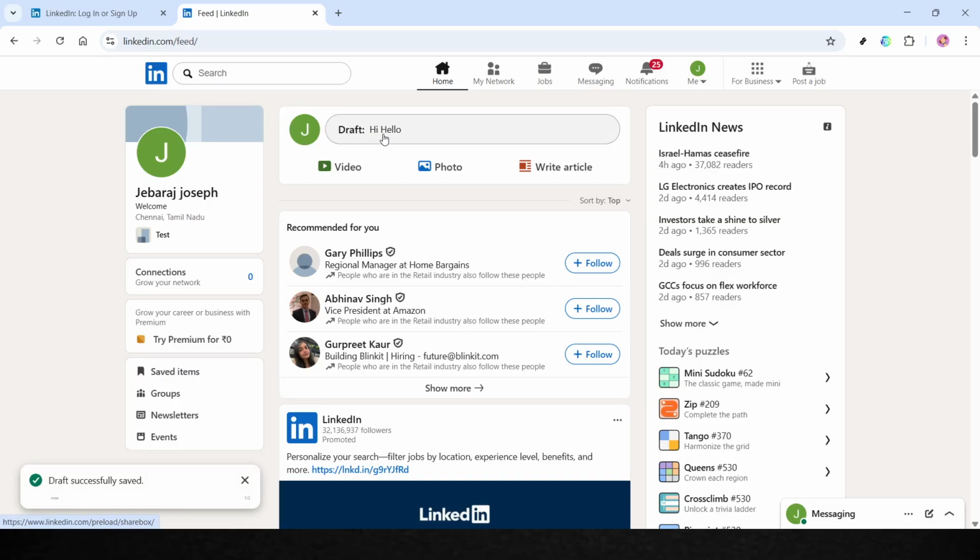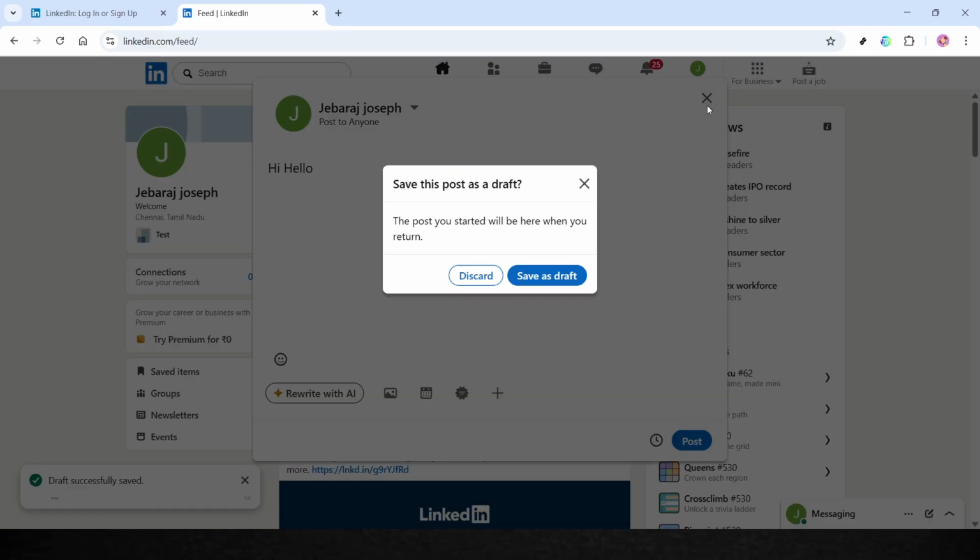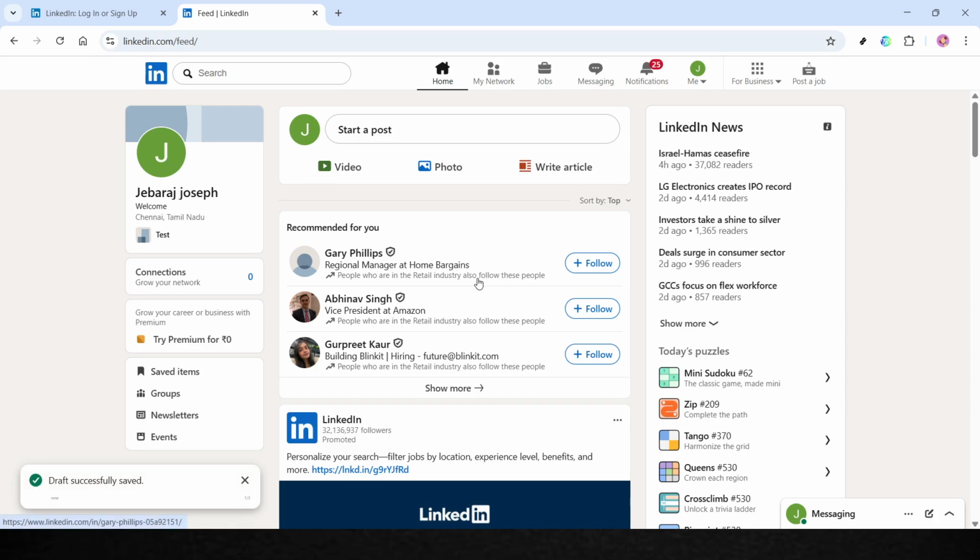And what if, after reviewing your drafts, you find one that's no longer needed or relevant? LinkedIn provides a simple solution for that as well. You can easily delete an unwanted draft by tapping on Delete Draft or Discard, and LinkedIn will remove it from your account. This feature is particularly useful for keeping your draft list clutter-free, ensuring that only your most valuable ideas